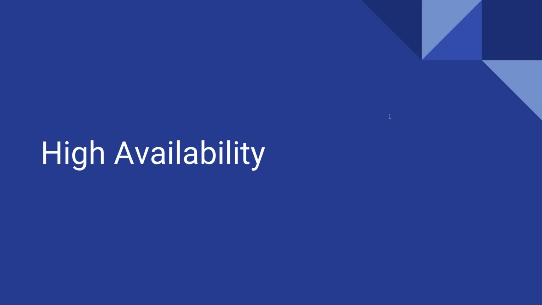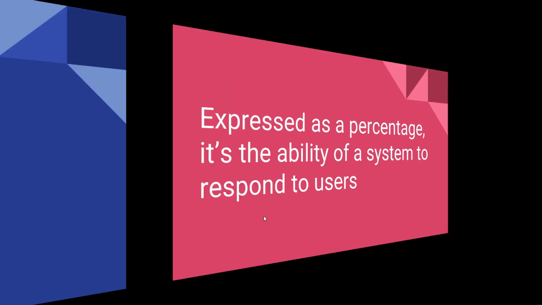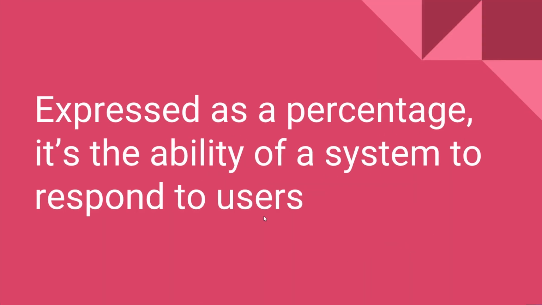Now, even in general, the concept of availability is what percentage of the time your system responds to user requests properly. So if you think about a website like google.com, the search engine, there's a pretty high expectation that when you enter that into your browser, as long as your own internet is working, that Google will serve you up a web page with a text box in it, and you're able to enter in a term and get back a list of search results. That is a basic expectation. And basically, the world would fall apart if that stopped working, right?